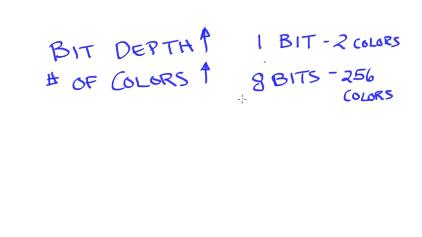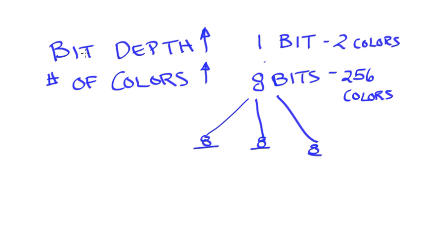Now with a color image, I would have 3 channels. As I mentioned, red, green, and blue. Each of those would have 8 bits. Each would then be able to do 256 different colors, and by combining those I can get into millions of different colors. So the bit depth is going to determine the number of colors that are available,